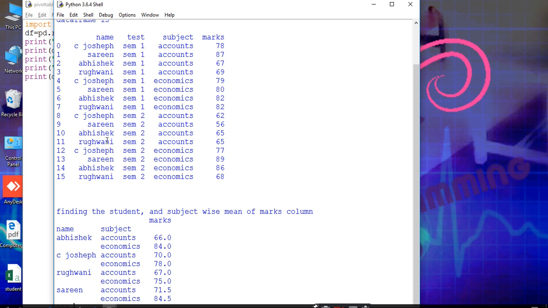See here, we use two columns, meaning index is equal to name and subject. So for Abhishek there are two subjects, accounts and economics, and the mean of the marks of all the accounts entries is 66, and for economics 84.